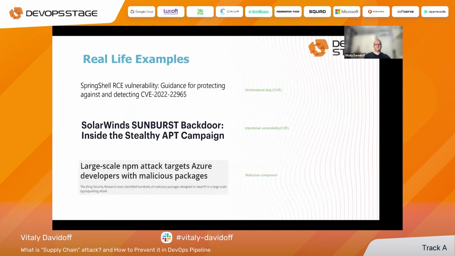And now just the real examples. I don't want to spend a lot of time here. As you're aware of Spring Shell, it was a remote code execution in the very popular Java framework Spring. Here's the CVE. It was researched and received a CVE. It was critical, I think, and I remember well. So once I'm using a vulnerable version of Spring and I scan my Spring packages with a software composition analysis tool, I will receive this CVE from the database and can say, okay, I need to change the Spring version to a